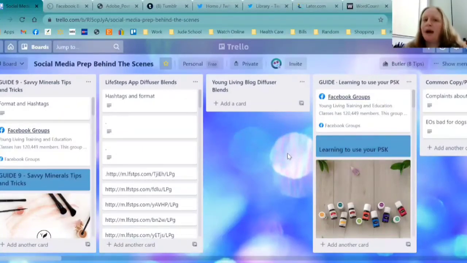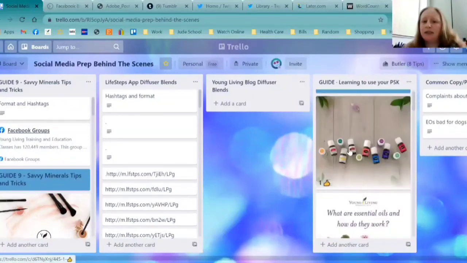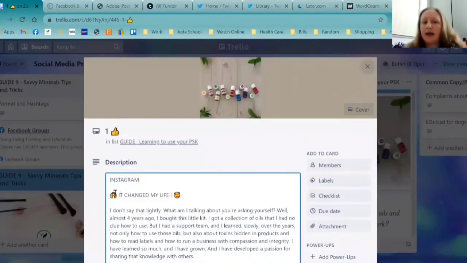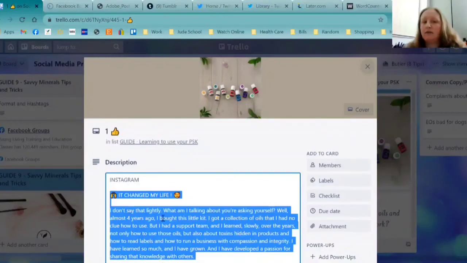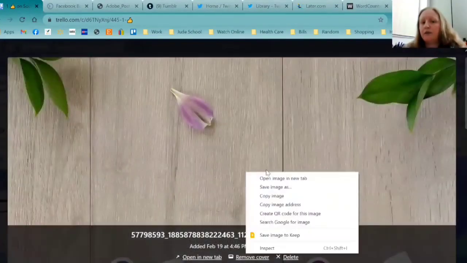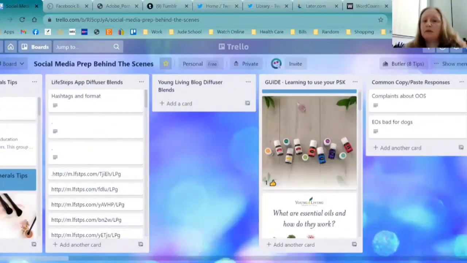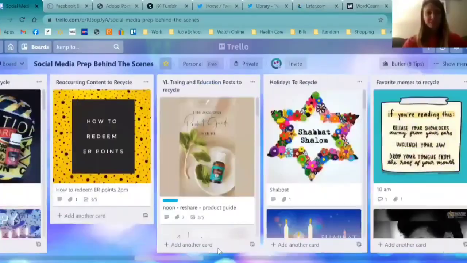You're probably going to have to make a Trello account. I'm not sure. But you can just make a copy of the board, and then you don't have to do anything further with it. Once you have the copy, you can copy your text out of it, copy your picture, download, save image, and you're good to share that. Okay. Cool, thanks. You're welcome.